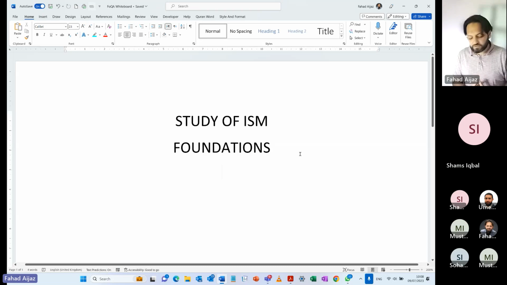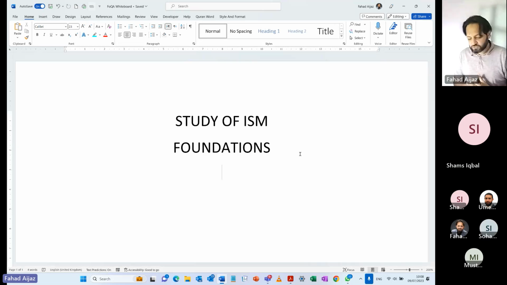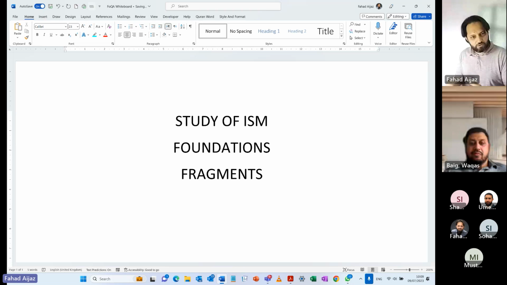What we have done so far is the study of ism, and in the study of ism foundations, जो भी हमने अभी तक build किए हैं, जिसमें ism की properties थी, उसको recognize करना, singular, plural, and all of that. And then we jumped on to fragments. Fragments was when multiple isms started to come together. ठीक है, और वहां पे आपकी वो चीजें अप्लाई होना शुरू हुई जो कि आपने इसम की फाउंडेशंस में की थी।